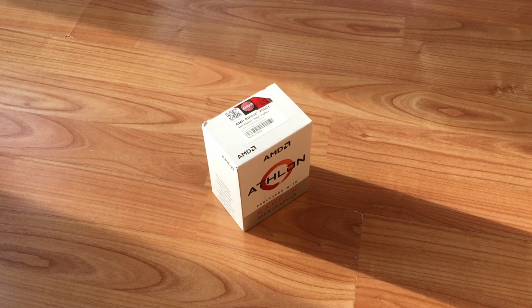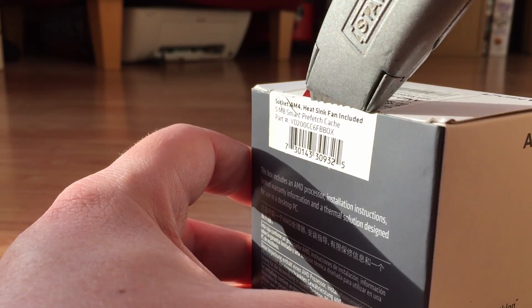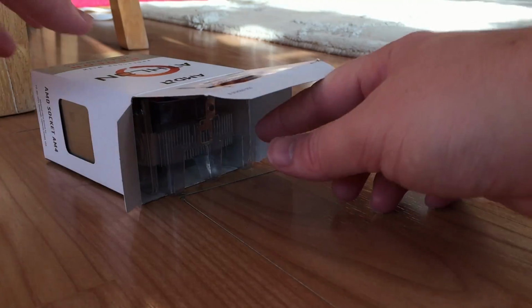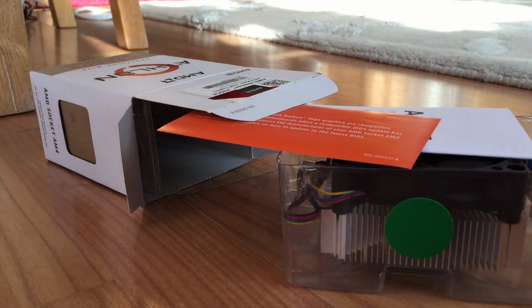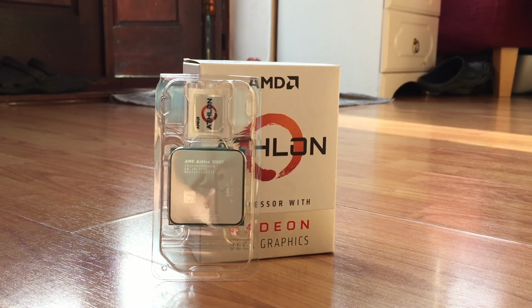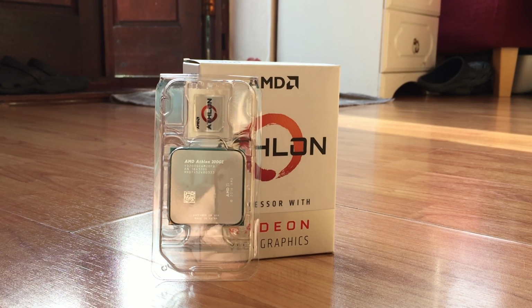Now this is AMD's Athlon 200GE, a fantastic affordable APU ideal for those who want to put together a cheap PC build using one of the latest and greatest platforms. It has 2 cores, 4 threads and built-in Radeon Vega 3 graphics, which means it can handle some light gaming